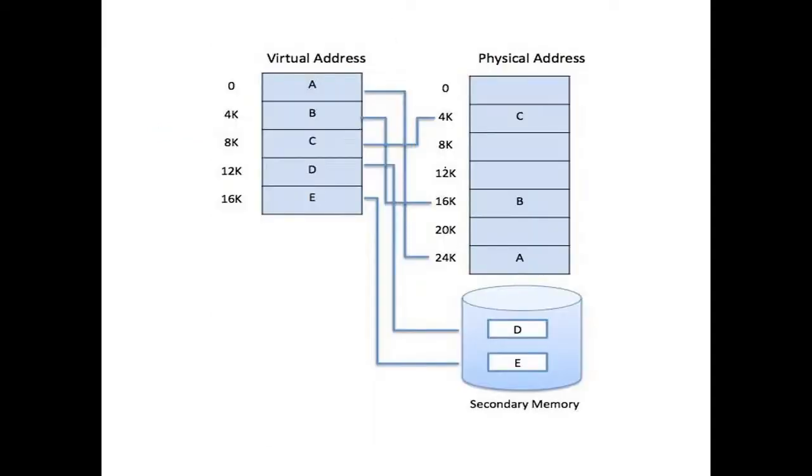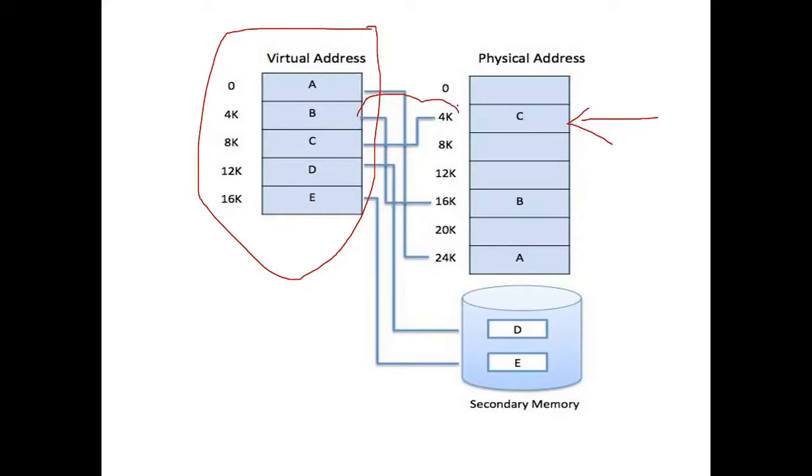This is another diagram. You can see this is the process which has to be executed. Now, how much memory is available in the physical memory? Only that many pages will be stored in the physical memory. See, only pages A, B and C are stored in the physical memory. Only that much memory is available, and the remaining pages which are not needed for the time being are still available in the secondary memory. When these pages are needed, they will be brought up to the physical memory.